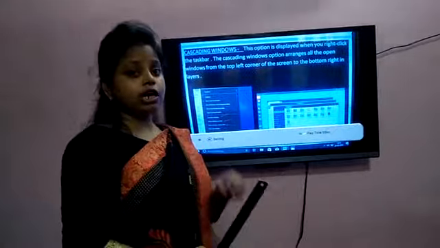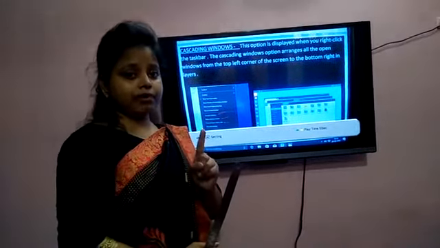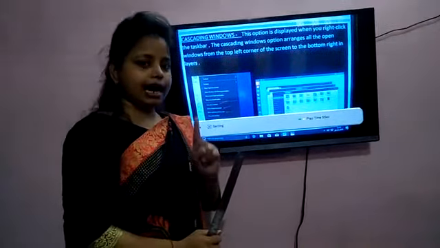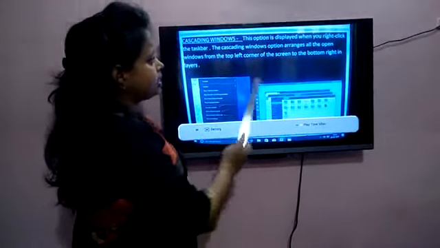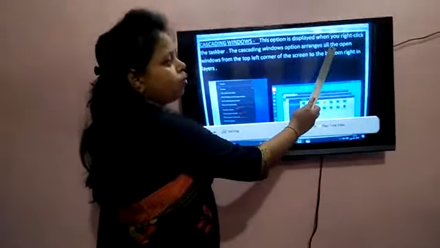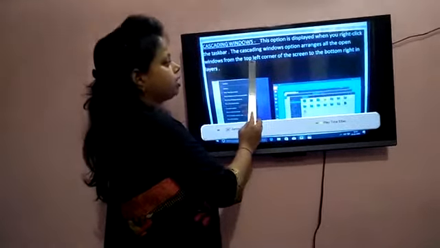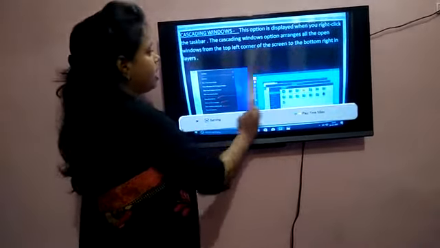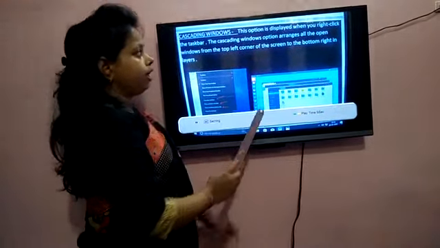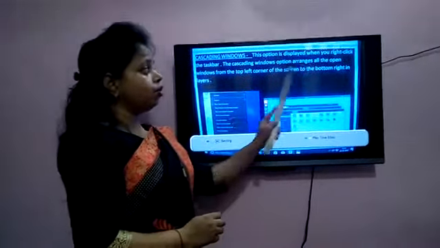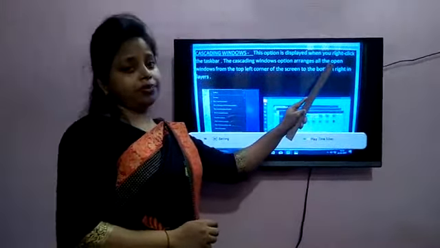On the mouse, there are two buttons, one left click and one right click. Which button will you press? Right click. The cascading windows option arranges all the open windows from the top left corner of the screen to the bottom right in layers. Cascading window arranges all the open files.